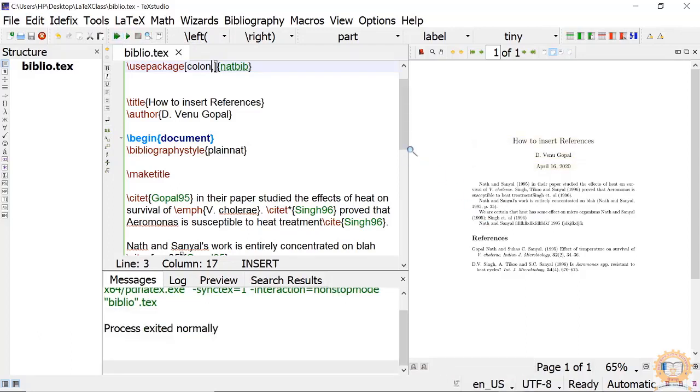Or there is another thing, comma, that changes to comma or semicolon. Three things are there: colon, semicolon, and comma. Semicolon is the default.